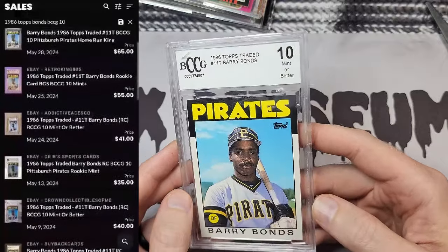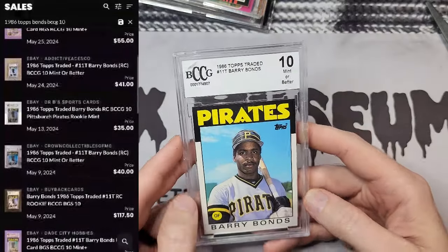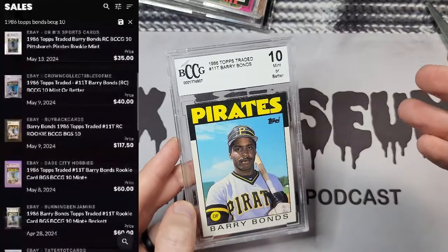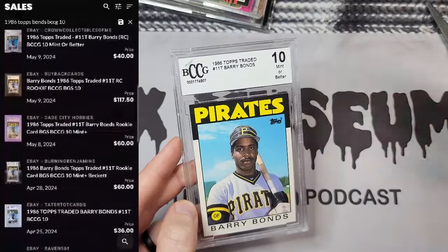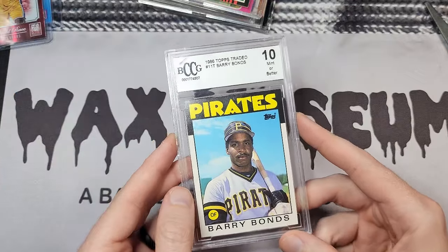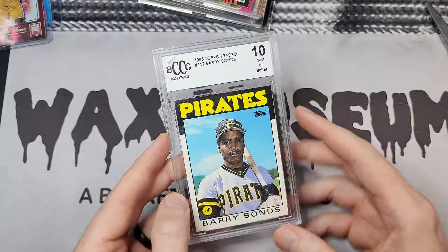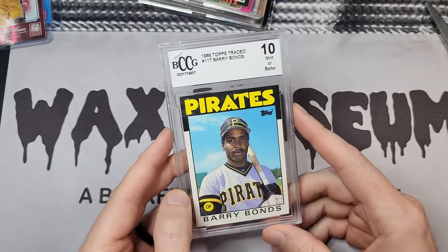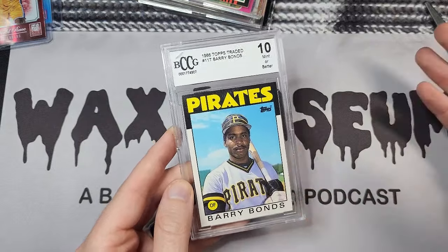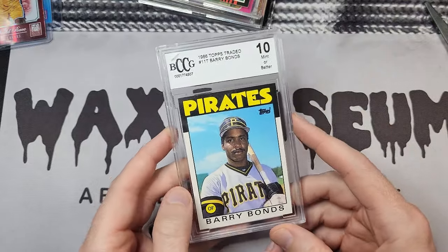And really, this is not a bad looking card. So that's not to say maybe it would cross to a 10. The centering's pretty good on this. But even as a BCCG 10, it sells from $35, and then there was even one in May that was $117. Am I counting on 117? No. But on the absolute lowest sale that I could find recently, I'm making my money back. And that's with those cards on top of it. So that's why I would take something like this, because I'll try to price it somewhere between 35 and 117, make a little bit of money, maybe 2x this lot,